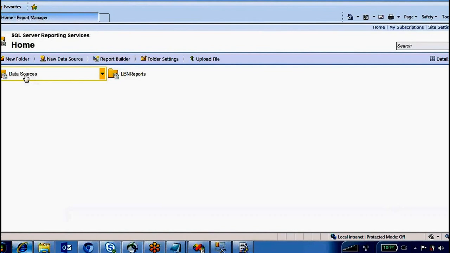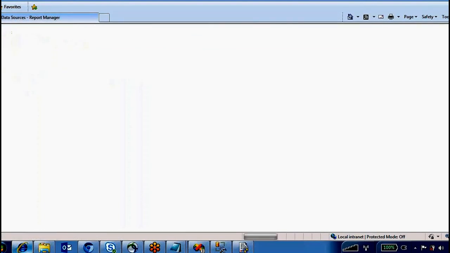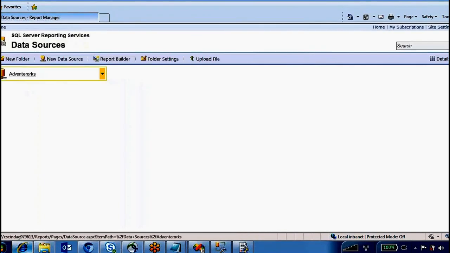So these are the data source and the reports we have deployed in yesterday's session. The first thing you have to do once you are deploying your data source and reports into this report manager is go to the data source connection. Open this data source.